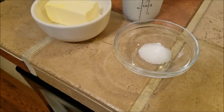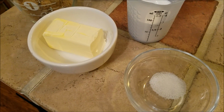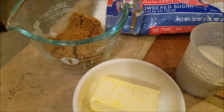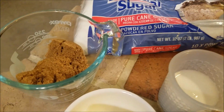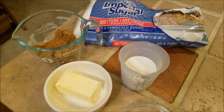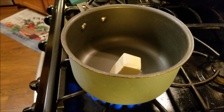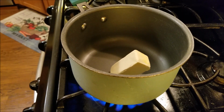Now for the glaze, you're going to need 4 tablespoons of butter, half a cup of brown sugar, a 1/3 cup of heavy cream or half and half, a 1/4 teaspoon of salt, and 3/4 cup to 1 cup of powdered sugar. In a saucepan, you're going to combine the butter, brown sugar, heavy cream, and salt,